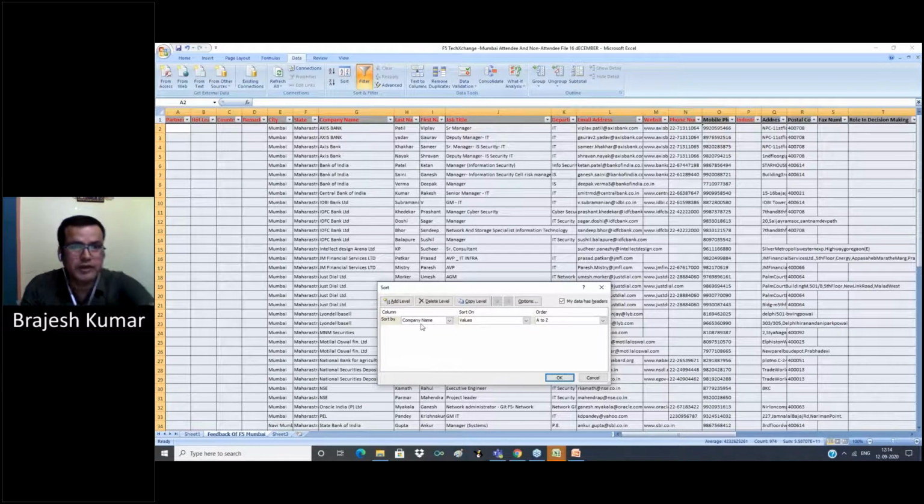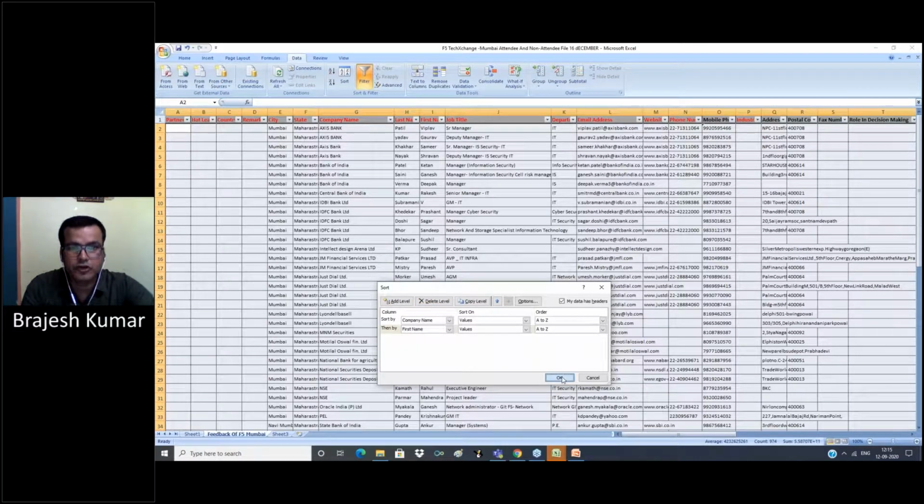Now one level is already given there. I also want to sort our data by company name and also by first name. So first we add a level, select first name. If we want to add more columns in the sorting option, we can add other columns, and we can delete a level from here.